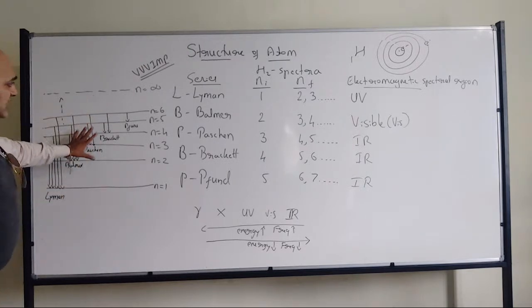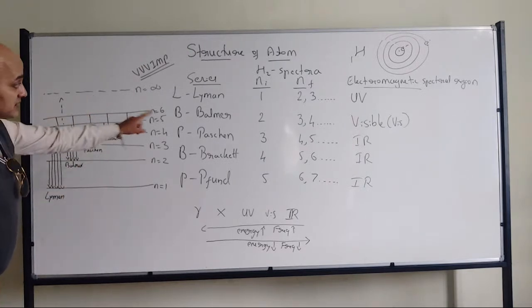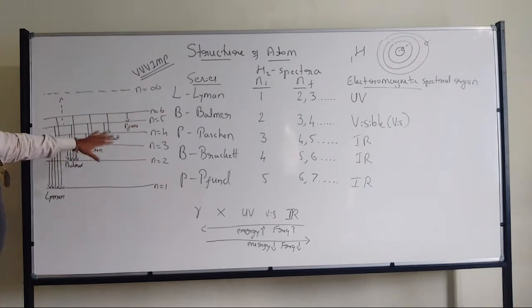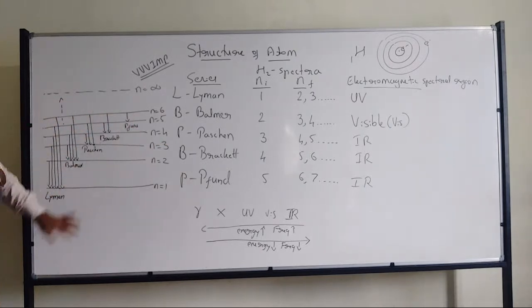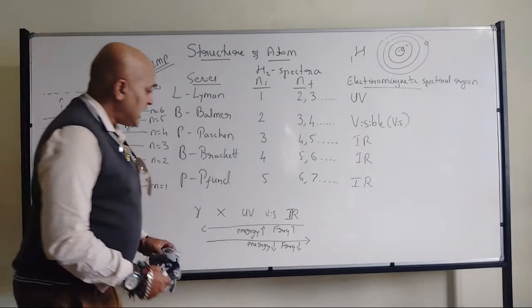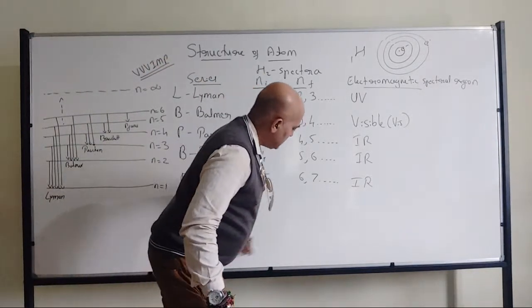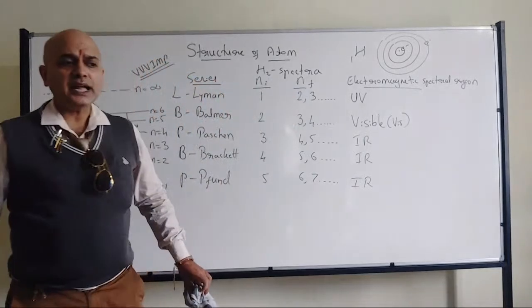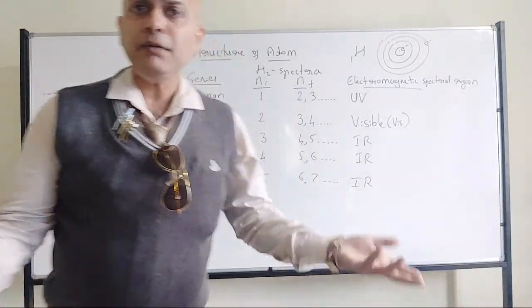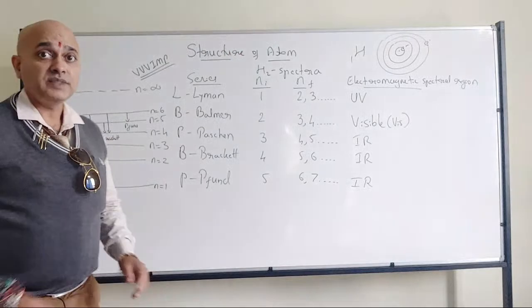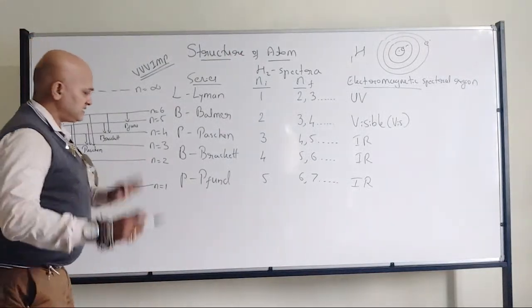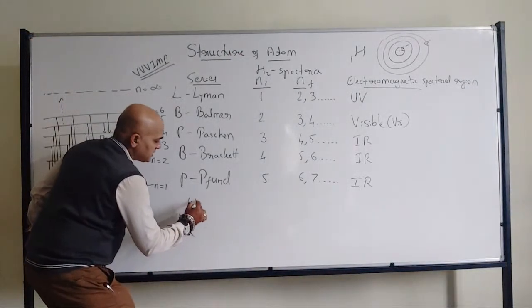This diagram might not be compulsory, but the equation is compulsory. At the end, you can tell that hydrogen spectra is a light spectra. It can be absorption or emission, whatever it can be. So therefore, last one sentence, with respect to